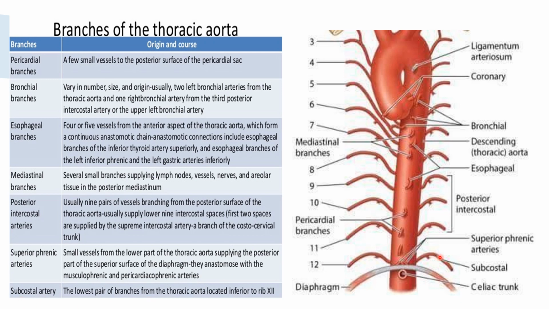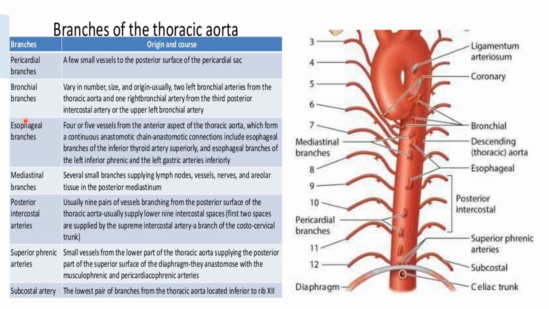Then the subcostal artery. The subcostal arteries are the lowest pair of branches from the descending thoracic aorta, located inferior to the 12th rib, and we can make them out here. Okay, so subcostal arteries, phrenic arteries supplying the diaphragm, posterior intercostal arteries supplying the intercostal spaces, mediastinal branches supplying the structures in the posterior mediastinum, esophageal branches supplying the esophagus